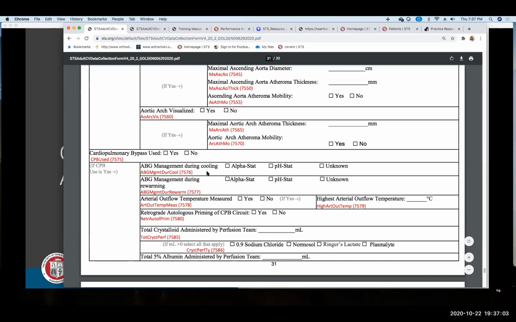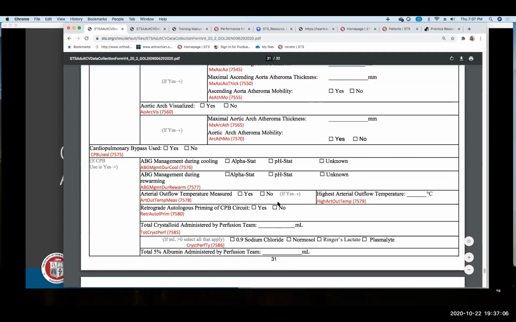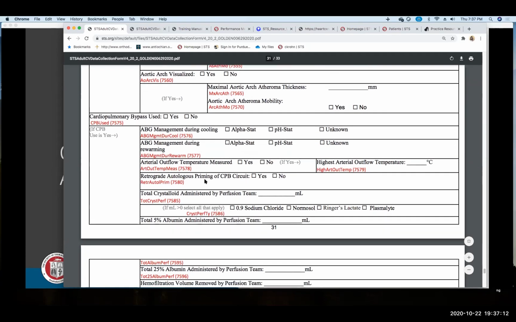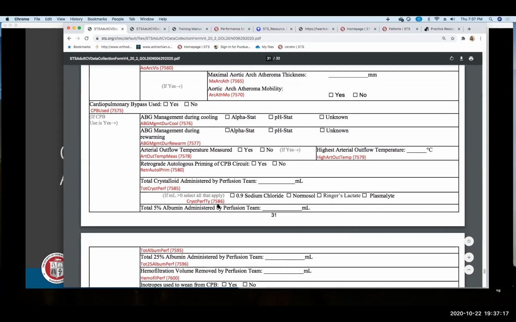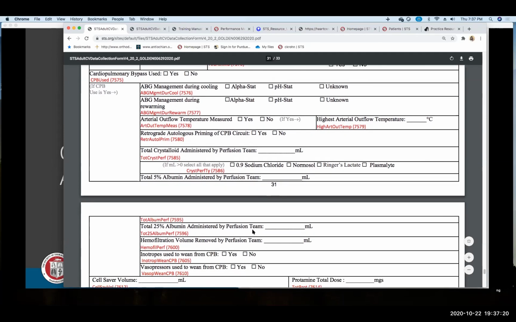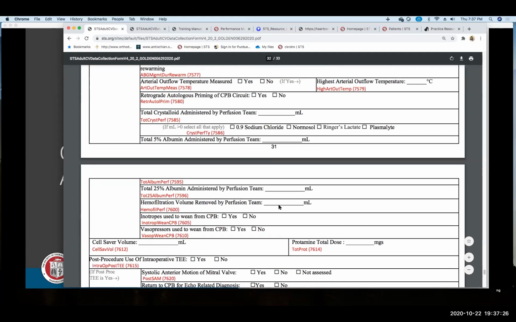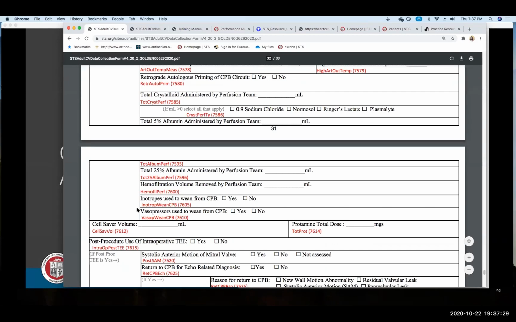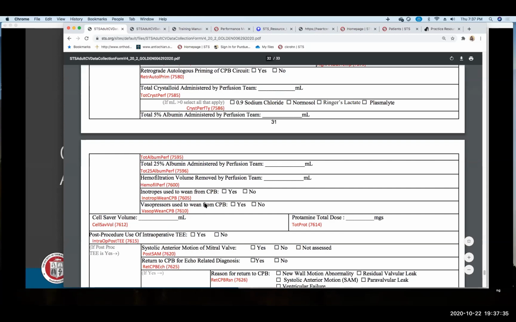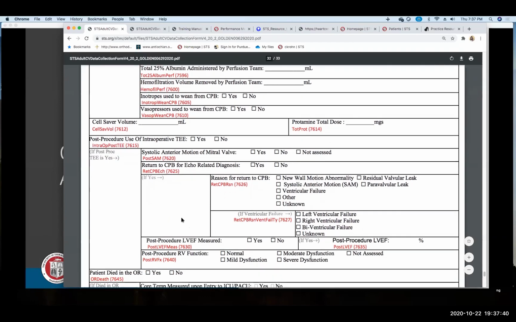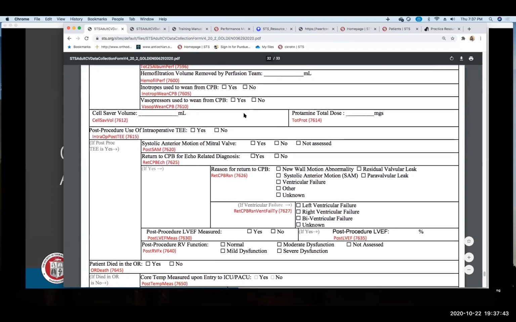During bypass, we're looking at ABG management, arterial outflow temperature measured, and the highest arterial outflow temperature measured. Retrograde autologous priming of the CPB unit, and then total crystalloid by the perfusion team, and then albumin 5% by the perfusion team, 25% by the perfusion team, and what was given. Hemofiltration volume removed by perfusion. They took volume off of the patient, and then inotropes and vasopressors used to wean from CPB. Now this is a pretty detailed section, a lot of great data, and it's really interesting to collect that